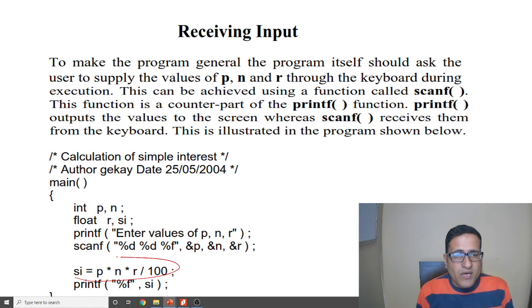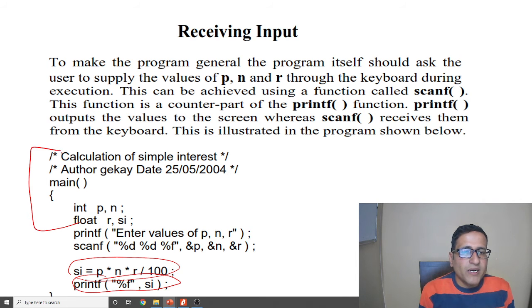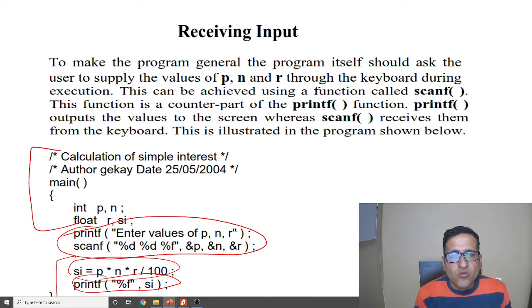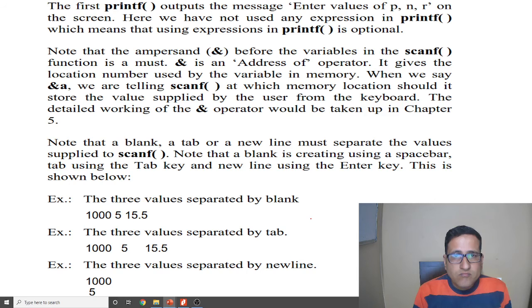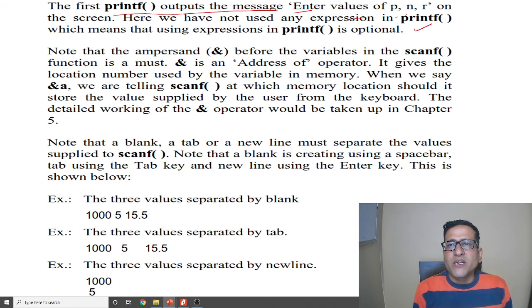Here is the formula, this is also the same as the previous. This part and this part are the same, but these two lines are different from the previous program. These two lines are required to receive the input from the user. The printf outputs the message enter the values of P and R. We have not used any expression in printf, which means that using an expression in printf is optional.